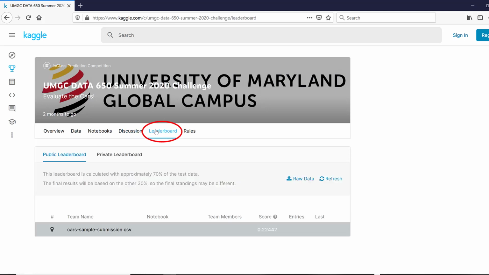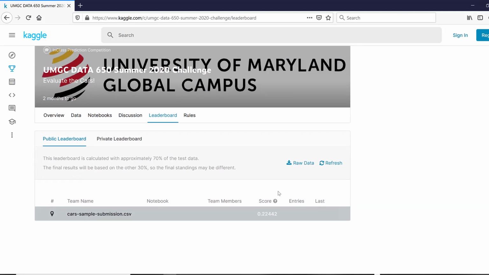The next tab, leaderboard, is the area where you will come in here, and if you're signed in, it will also show you the submit button where you can submit your file. It lets you browse the CSV file on your local machine, and then it accepts it and displays the score here.